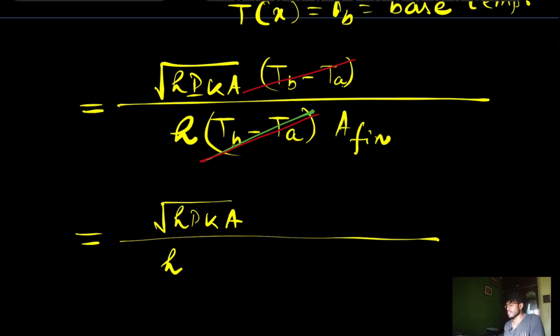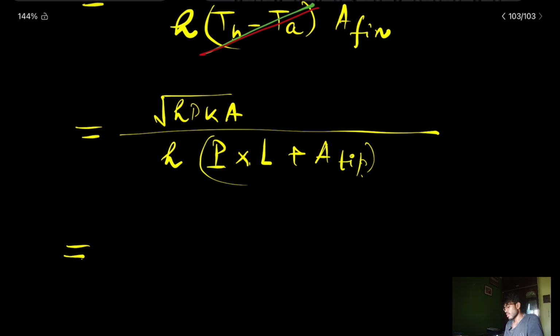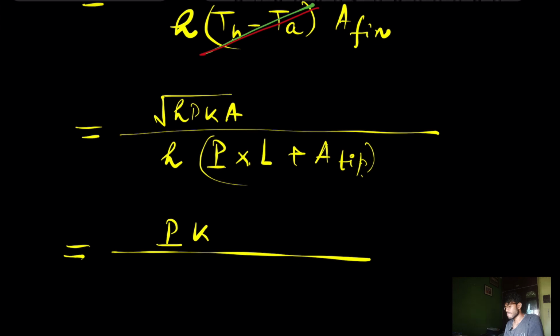Now total A fin is your again perimeter into length, right, perimeter into length, correct, okay, plus the area of tip actually, okay, but if we neglect this area of tip compared to this perimeter into L, then this will become what, perimeter K A. Now this A is what, this A, okay,